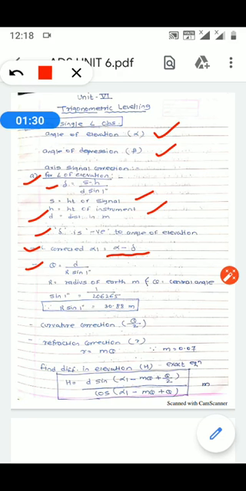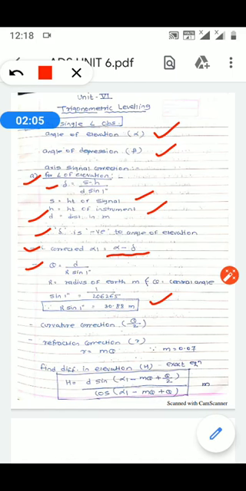To determine the value of theta, again we have a very simple formula, that is theta is equal to d upon R sine of 1 second, where capital R is the radius of earth in meter and theta is the central angle. Now sine of 1 second is equal to 1 upon 206265, which is a standard value. Therefore R sine of 1 second is equal to 30.88 meter. Keep in mind always that R sine of 1 second is equal to 30.88 meter.